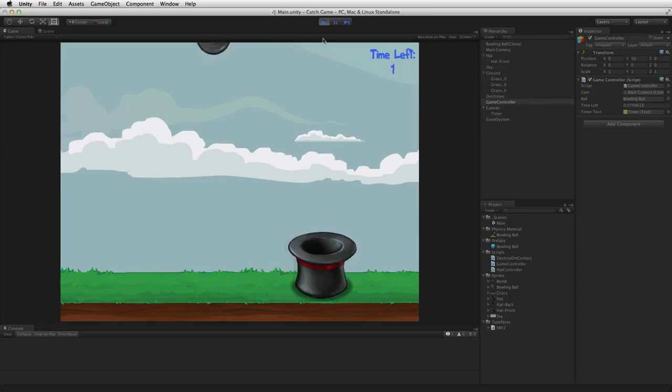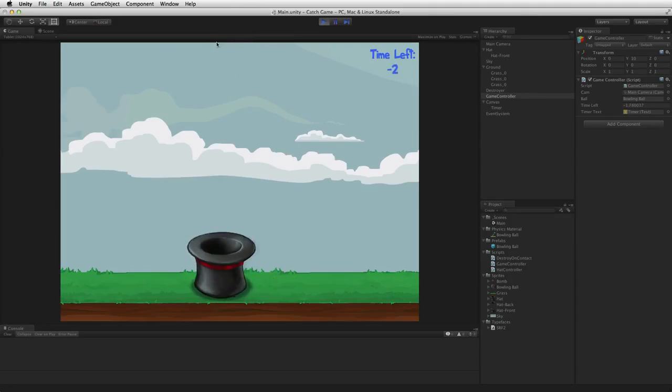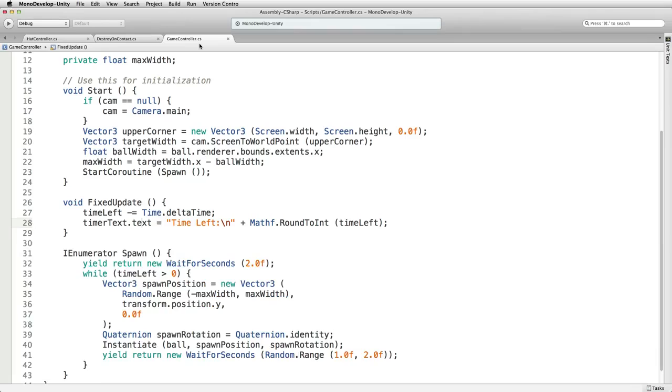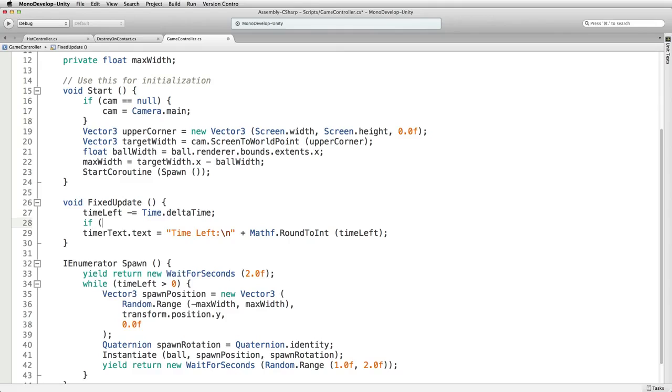If you want to be clever, you could get the percentages. But oh no, we're in negative time. So how do we stop that? We don't want to see that negative time countdown. We want to stop it at 0 and have it stay at 0. So let's come back to our code, and in FixedUpdate, we want to say, after we decrement our time, if timeLeft